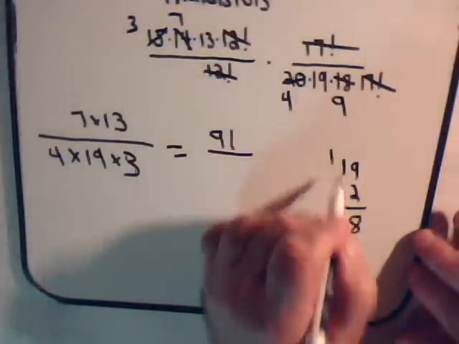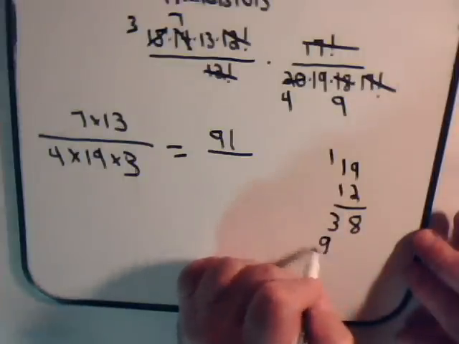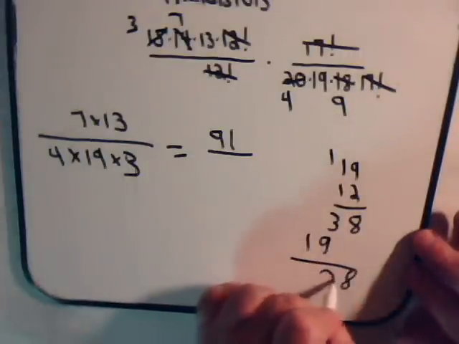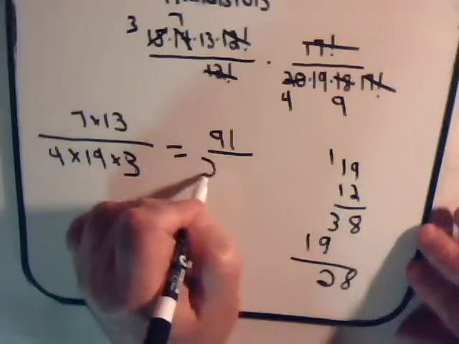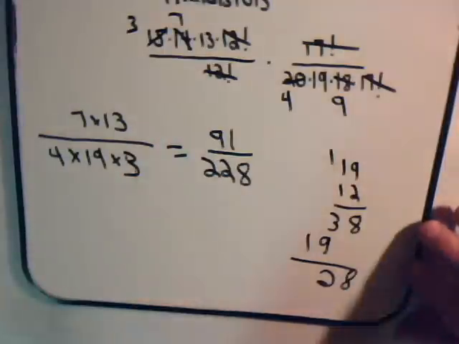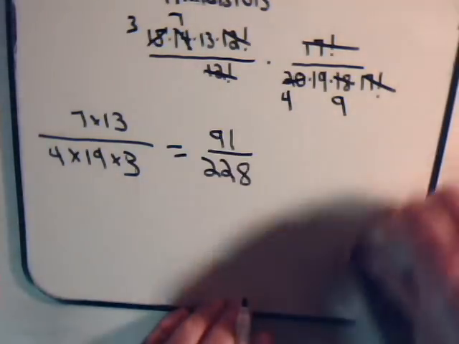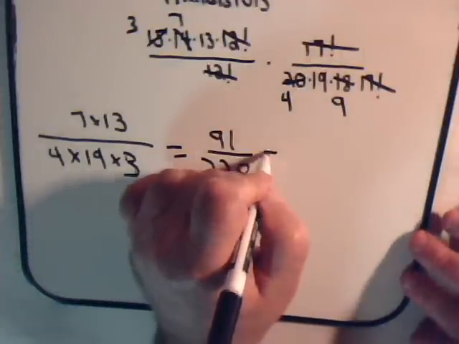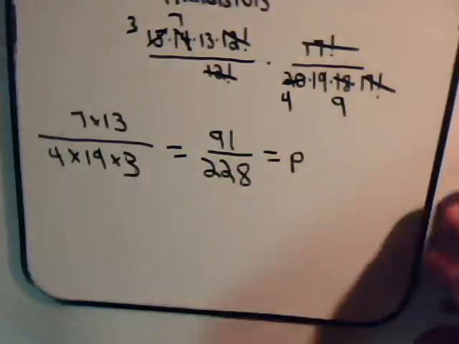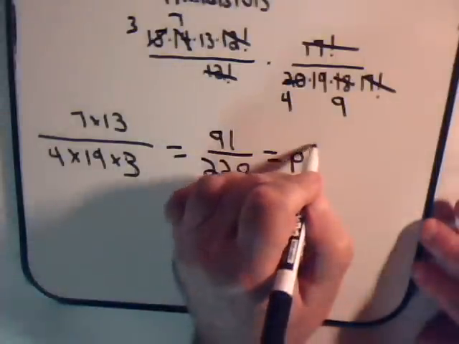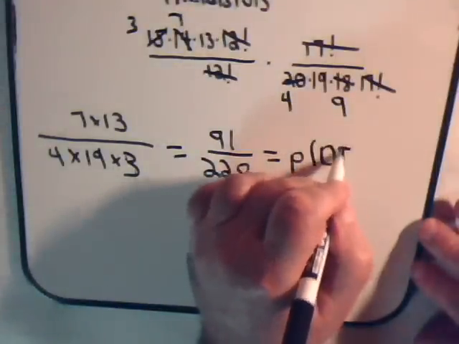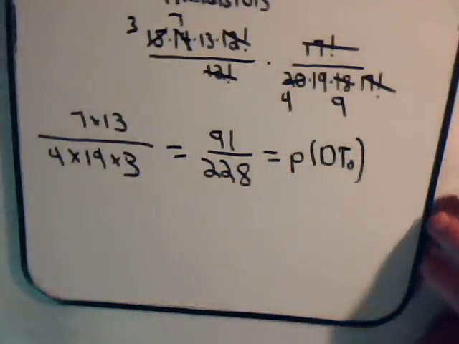That'd be 228. So this right here, that's our probability of when we select 3 transistors of having 0 defective